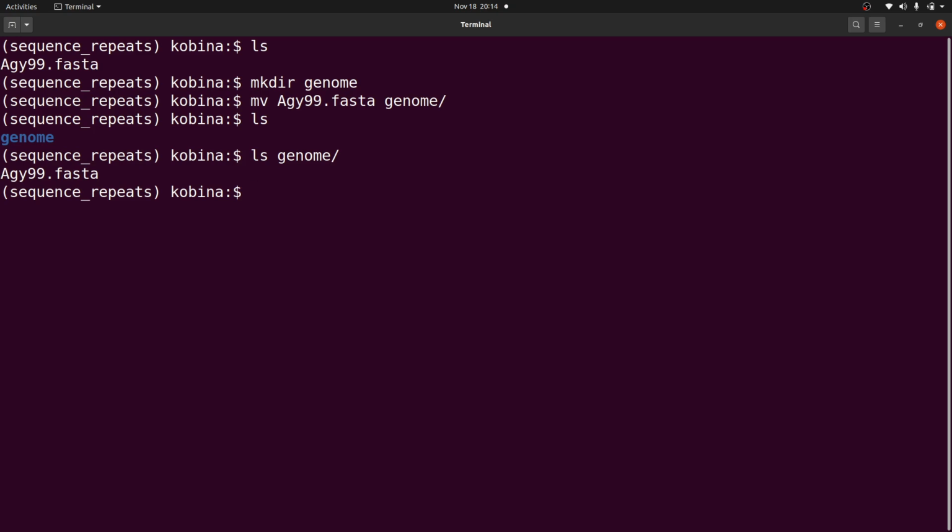Now earlier on, I made mention that we are finding sequence repeats, and so the strategy that we are going to use is to BLAST the sequence against itself. Now, for beginners, I'll encourage you to read about BLAST. BLAST is a tool that is used to find